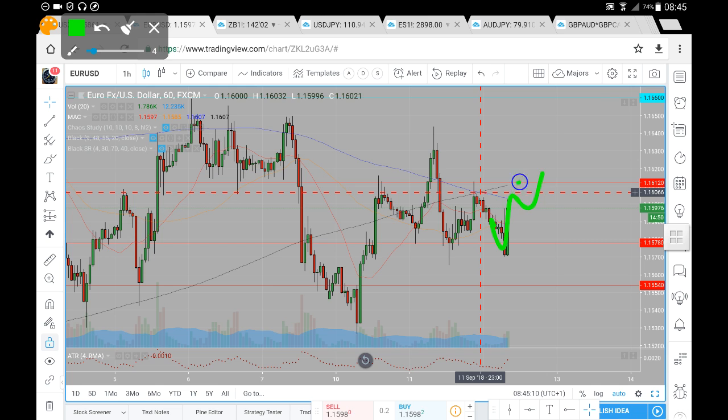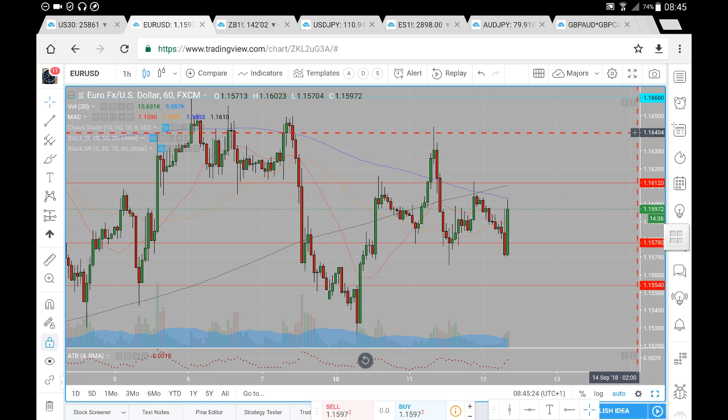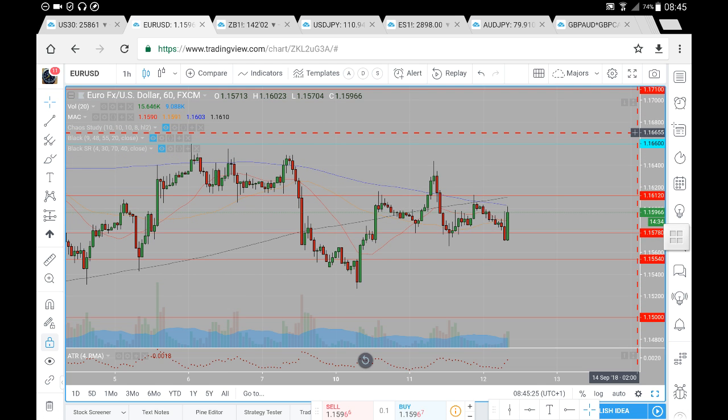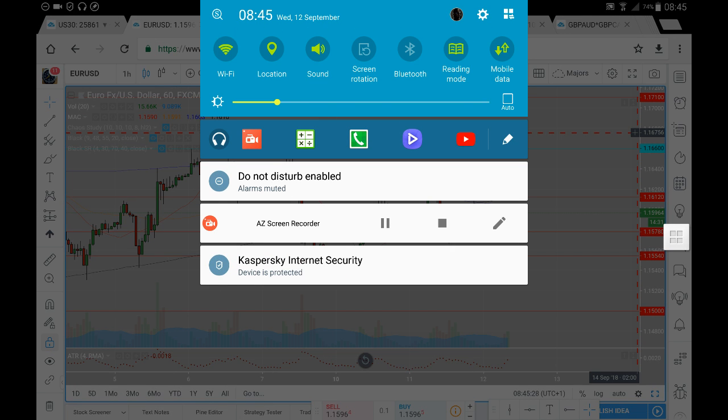So if we do see this momentum follow through, we are looking for a test of this area of confluence in around the 200, 400 period moving average and the 1612. If we can break and hold that level, we would then look for price to head up towards our 1660. And if there is sufficient volatility to bring us beyond the 1660 here to the upside, we'll then look for price to head up towards that 1710 here on the